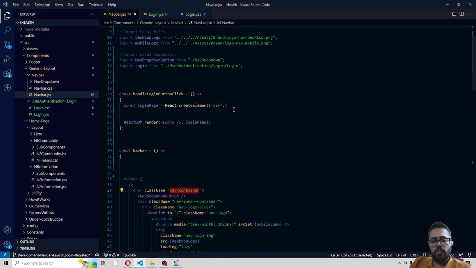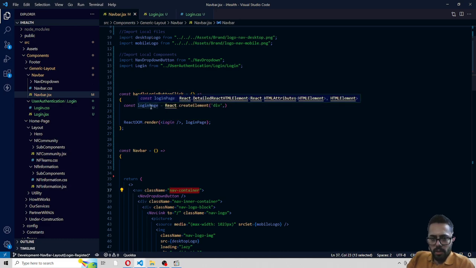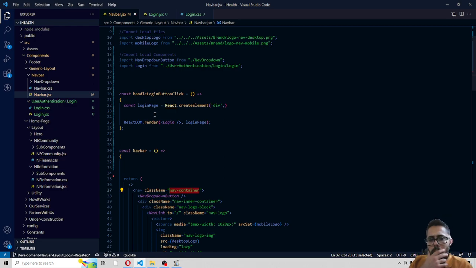Maybe I should do this. Elements, wrap, create elements. I need to select a root element. It says root element, so I don't need to. Maybe I should just choose. So I want to create a React element, and I want to render my login component inside this element, but I need to actually